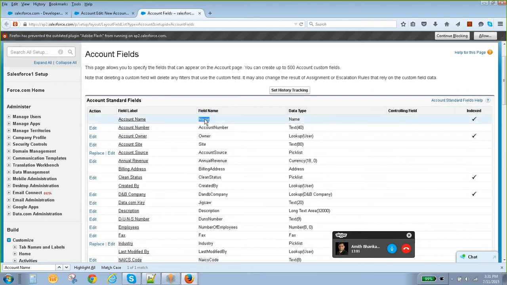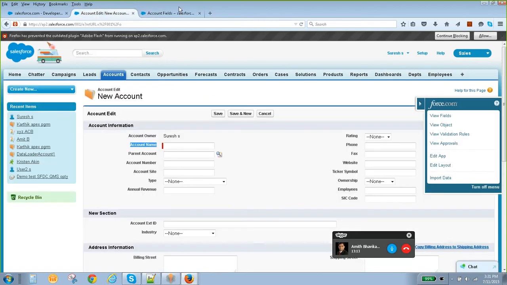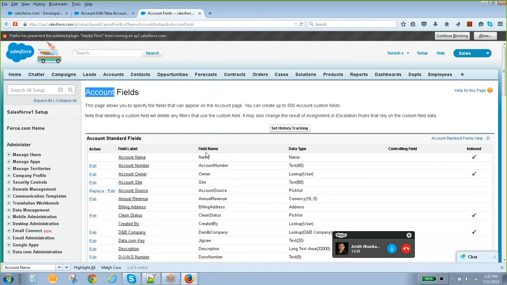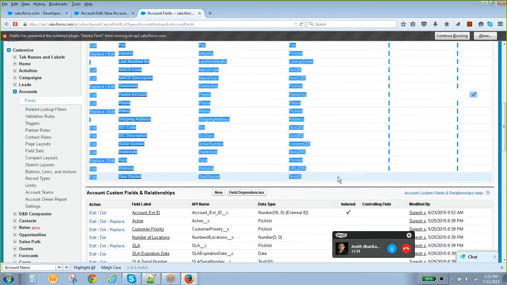Same as this, what is the API name for an object? This is the API name for the object: Account. Account is nothing but creating an object, the same as the object concept. So this object is holding all these properties. These are nothing but the object's properties. It is a kind of property for that particular object.